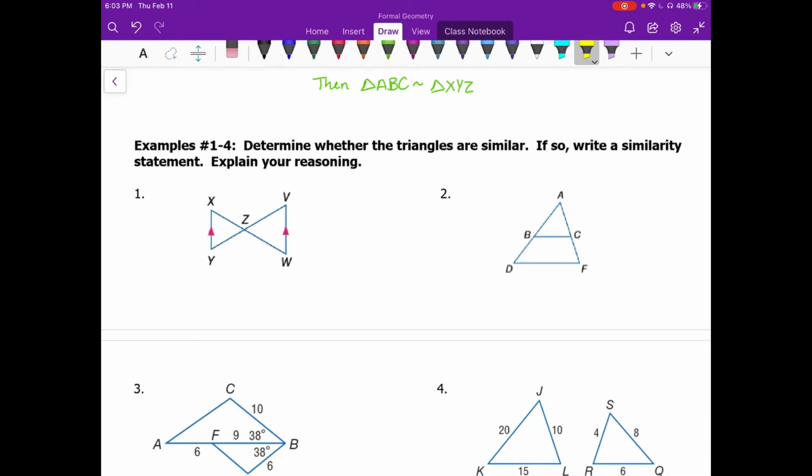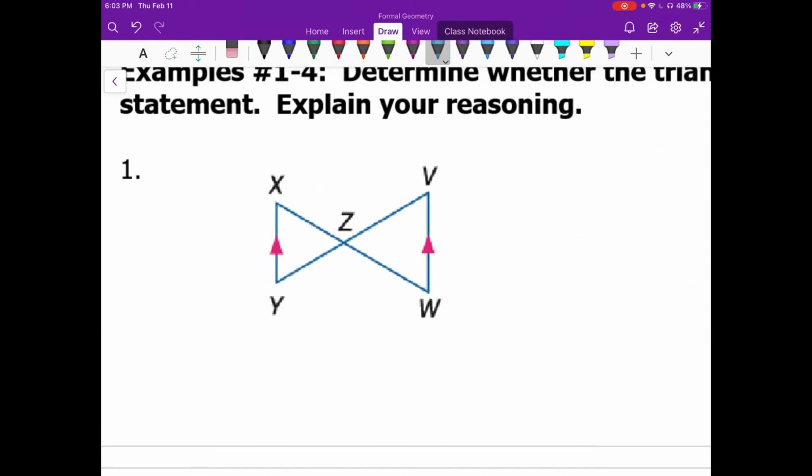Okay, let's do some examples. Number 1, we have to determine if the triangles are similar and then determine the similarity statement. So we're going to use angle-angle similarity, side angle side similarity, or side side side similarity. So let's look here. Right off the bat, I see we have some vertical angles that I know are congruent. And we're told that these lines are parallel, which means that we have some transversals in here. So these parallel lines are cut by a transversal. It could be any of these lines going through. I'm going to choose this one,